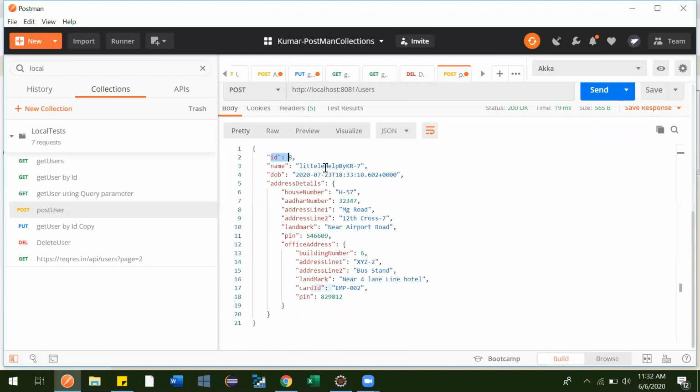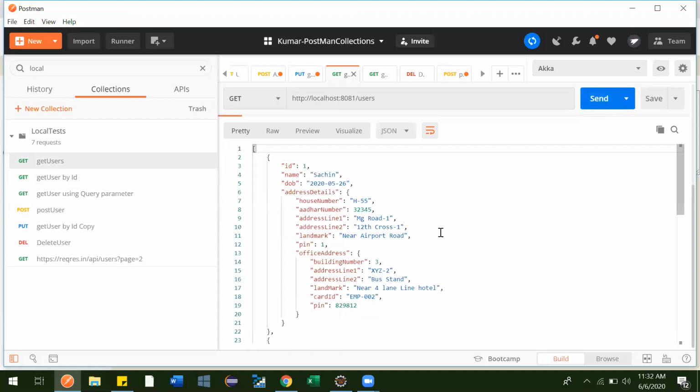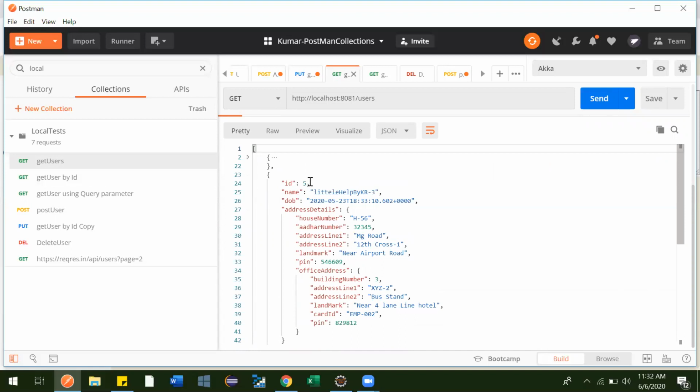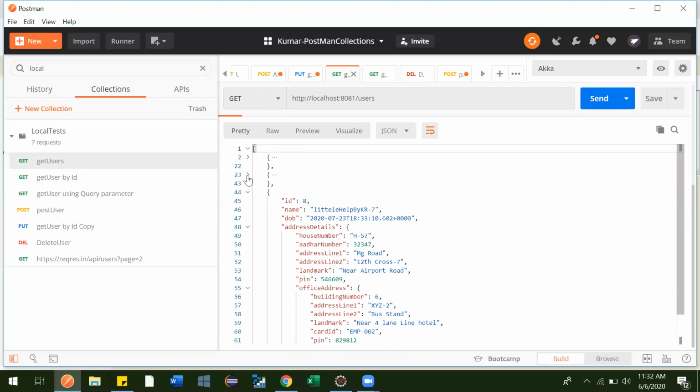When we get all users, we have one user with ID 1, another with ID 5, Little Help by KR, and this one with ID 8, Little Help by KR 7. Now we currently have three users.